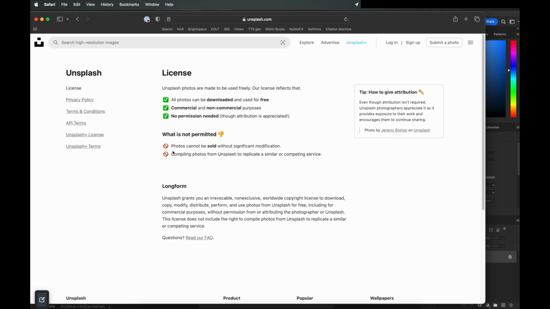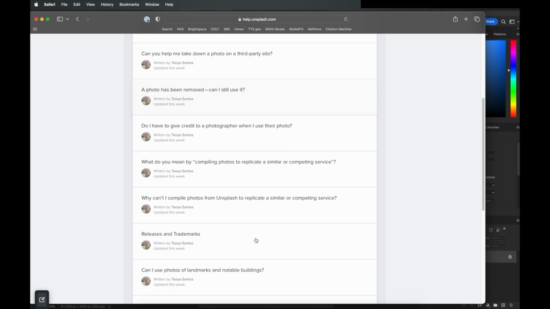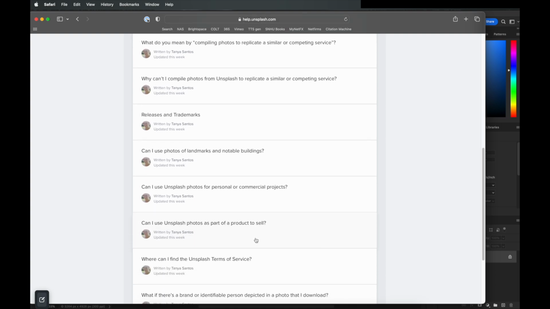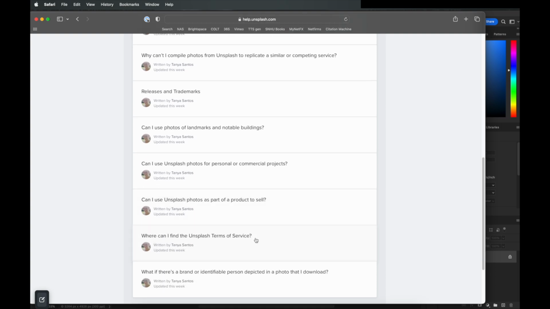What's not permitted: photos cannot be sold without significant modification, and you can't compile photos from Unsplash to replicate a similar service, which simply means you can't use all of these images and host them on a site that you create yourself. I wanted to show you, if you read the FAQ and scroll down here, one of the stipulations: you can certainly use these images for any design project you have,